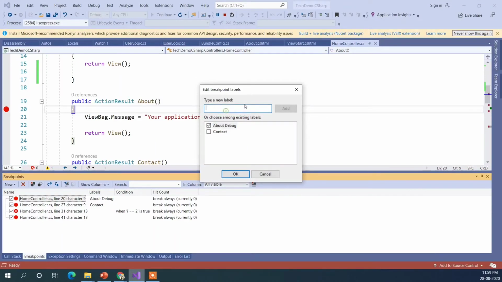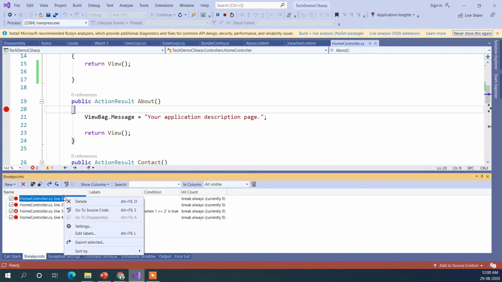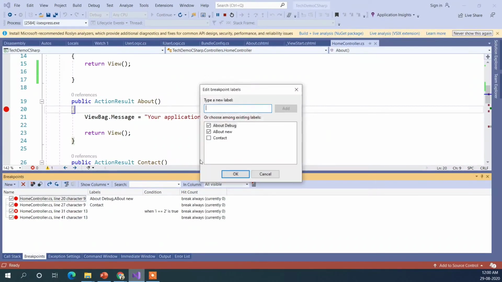If I click edit, I can use about new, and it should replace. Okay, it added 2 breakpoints, so it's really nice. That way we can add labels to it, and let's just try to do it and delete.